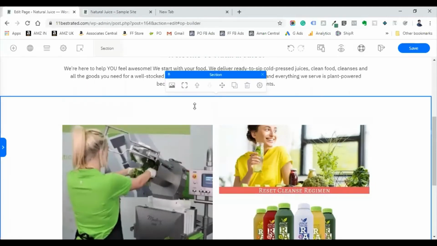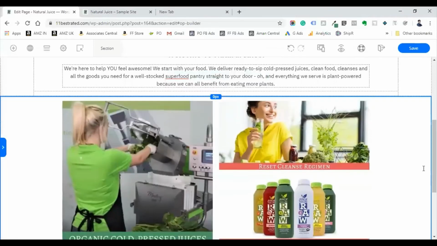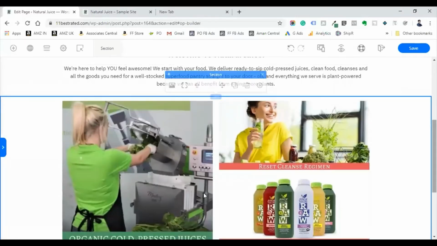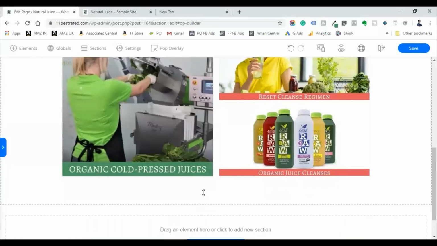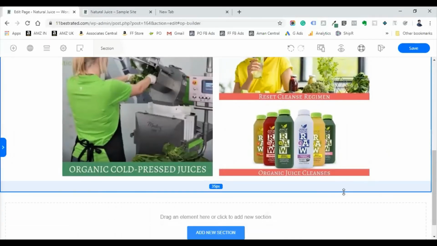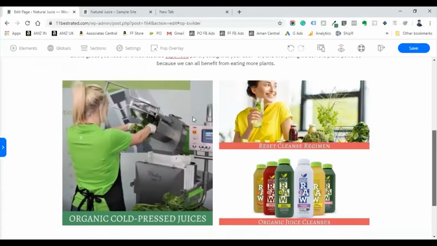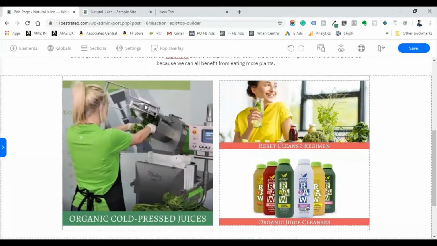Just a minute, it is just taking some time to load. Pull this up, and down also you will have extra space. You pull this also up, and this image is not standing out. To do that, you can add a shadow below that.